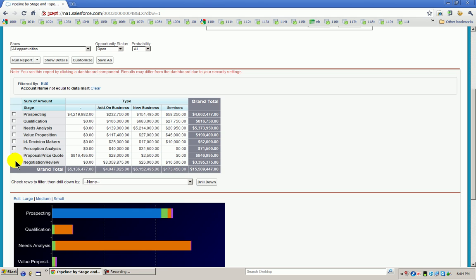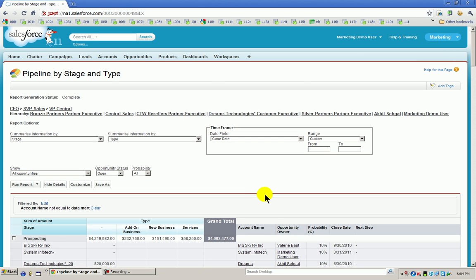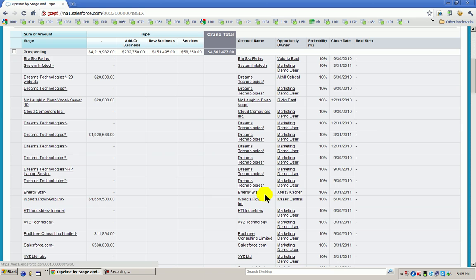Now let's say if I want to know about a particular stage, I'll click here and click drill down. It will give me the details of that particular negotiation stage. But if I want the complete details, I will just click on show details. The same report I'll get in a complete detailed manner like this. And whatever columns and extra fields you want in this report, all can be customized, right?